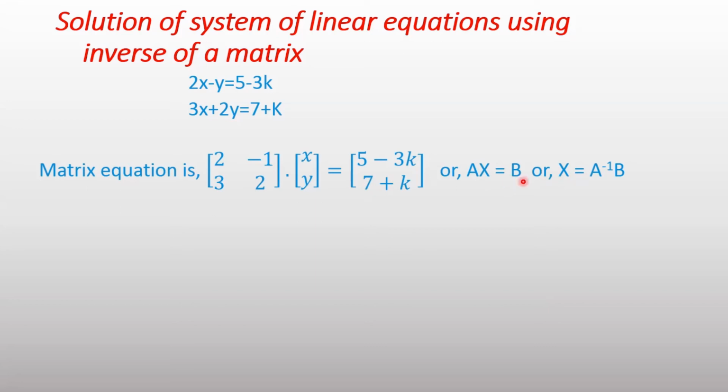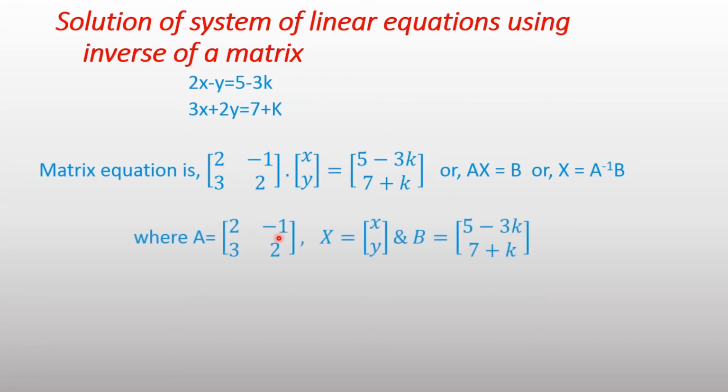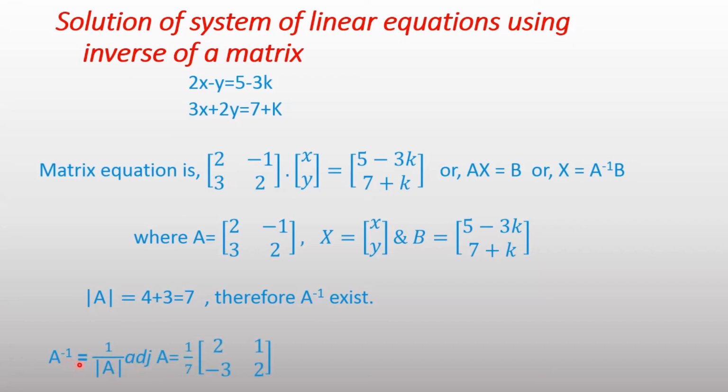And again you just check A inverse for the matrix of order 2 by 2. Since determinant of A is 7, which is not equal to 0, therefore A inverse exists for this matrix. And if A inverse exists, then write down A inverse equal to 1 upon determinant of A into adjoint of A, 1 upon 7 into adjoint of A. Directly you can write: interchange these two elements, and here change the sign. The interchanged positions remain the same, and change the sign. You are getting adjoint of A, 1 upon determinant of A.